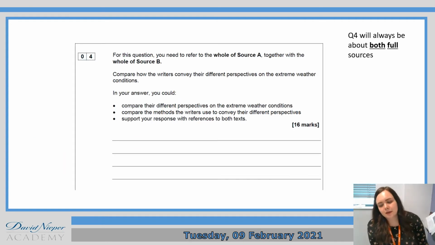So in our last lesson together, we started having a look at the question for paper 2 question 4. Now we're going to do this one a little bit differently to how we've done the others. Usually, obviously, I'd get you to have a go first, then we'd have a look at a model answer. But I think it's important for you to understand how an answer should look to this question before you have